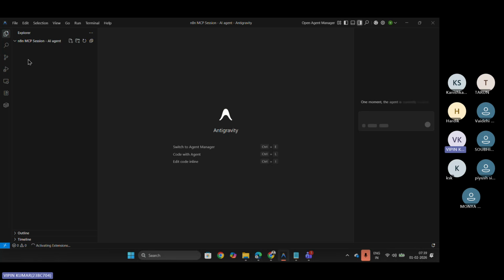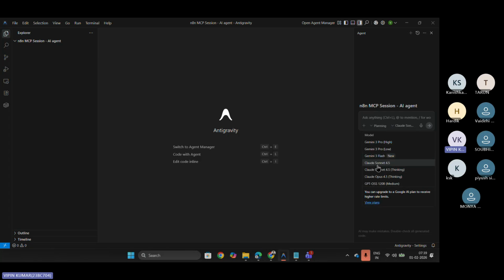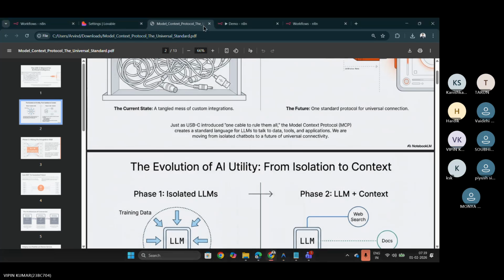This is how the entire platform looks. On the left-hand side, we have all the files. On the right-hand side, we can interact with Claude and Gemini 3. Anti-Gravity is built by Google itself, but they also provide Claude Sonnet 4.5 and Claude Opus 4.5 integration in this model itself. Whenever we are working on this, we will be using 4.5 because for coding tasks of this type, Claude is rated as the best at the moment. Before I explain more about this,